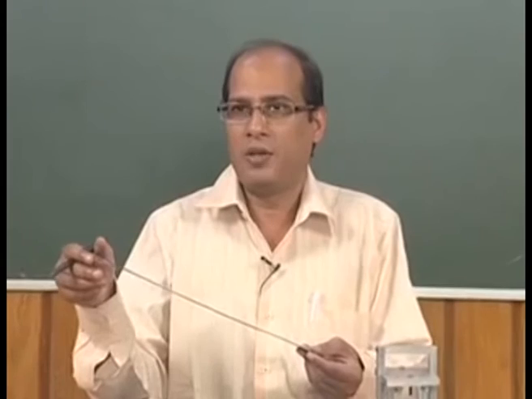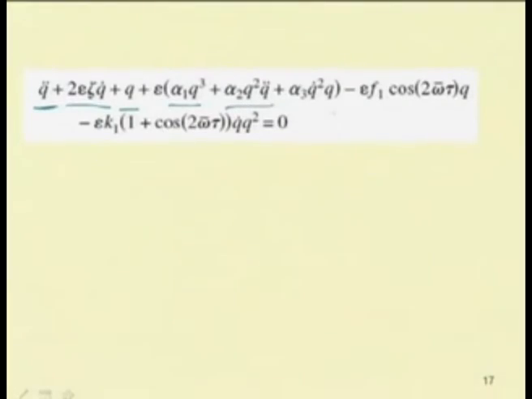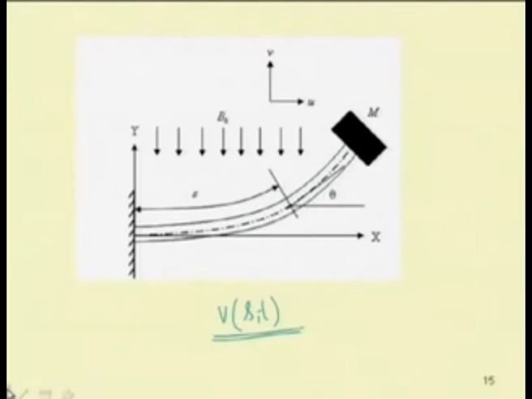Also, when it is moving, due to its inertia, the nonlinear terms also come into the picture. So, these two terms are the inertia nonlinear term and the geometric nonlinear term, and due to the application of the magnetic field, we can have these additional terms. One may note that one can apply a constant magnetic field or one can apply a magnetic field in this form.